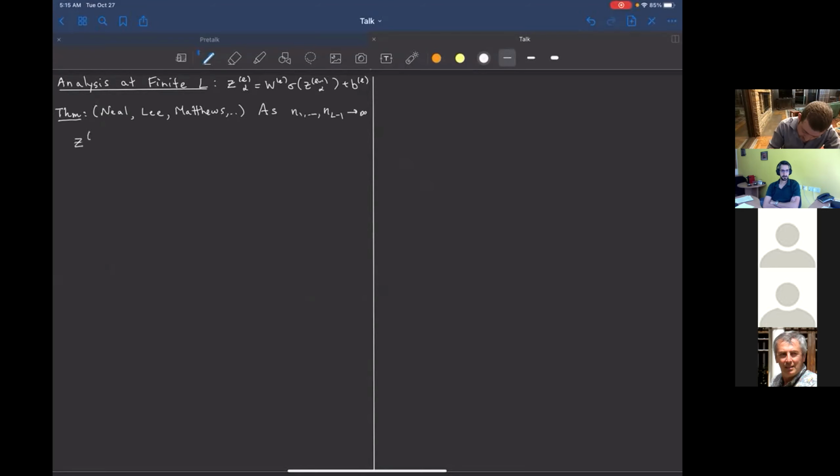this stochastic process Z^L_α converges to a Gaussian process, in fact, to a centered Gaussian process. Remember, this is some vector. It's an n_L-dimensional vector. So you get some Gaussian process, but actually it's very easy because the components of this Gaussian process are independent, with IID components